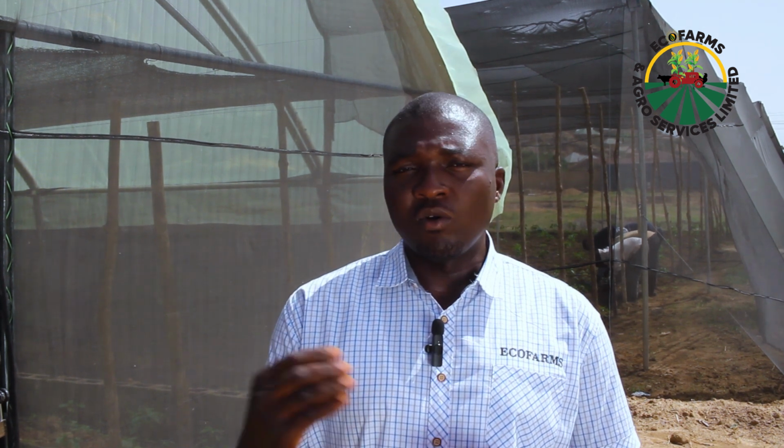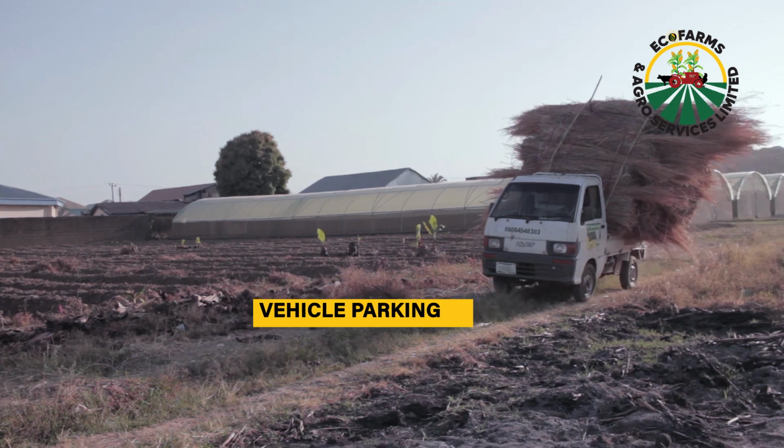So you're not just washing your hands when you go into the farm or interact with the crop. You also wash your hands when you go to the restroom. You wash your hands when you go out to interact with other farmers. The other things are vehicles that bring supplies to the farm or come to take materials or produce from the